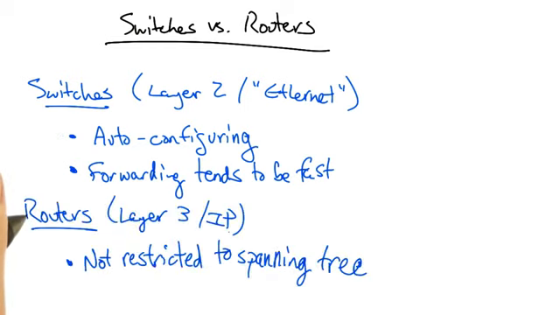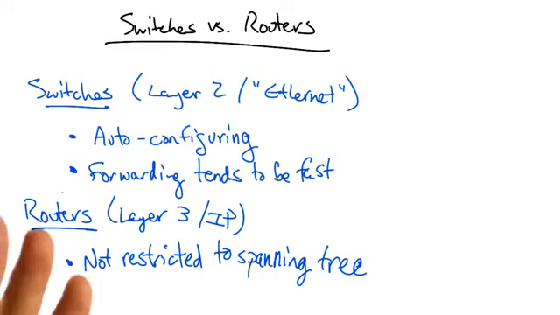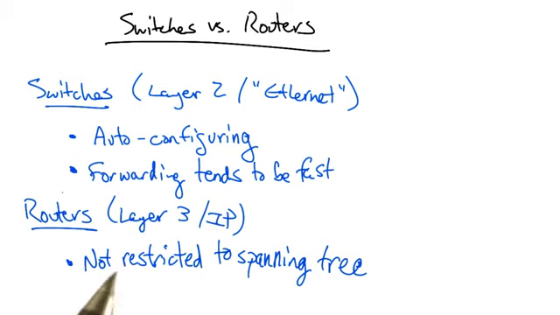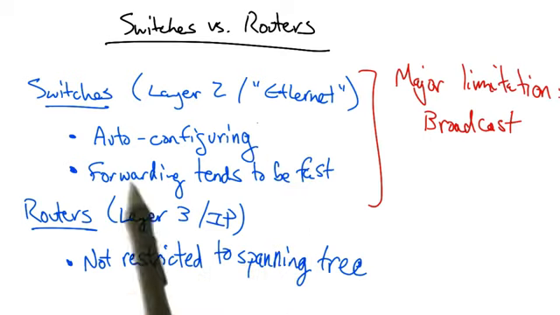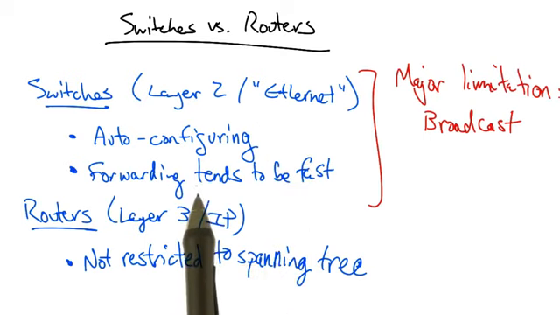Routers, on the other hand, typically operate at layer 3, where IP is the common protocol, and router-level topologies are not restricted to a spanning tree. One can even have multipath routing, where a single packet could be sent along one of multiple possible paths in the underlying router-level topology. So in many ways, Ethernet or layer 2 switching is a lot more convenient, but one